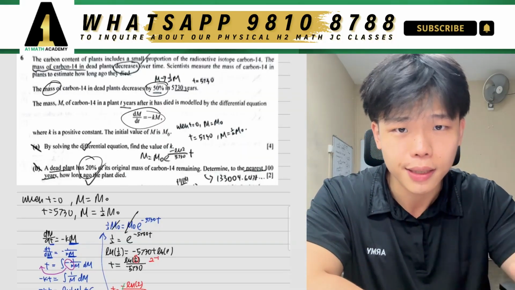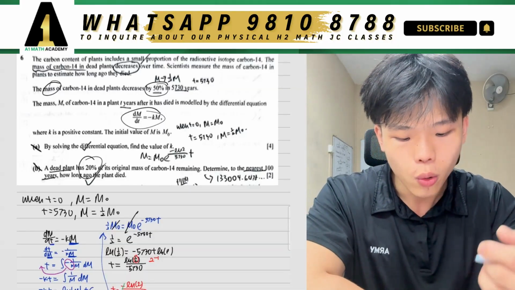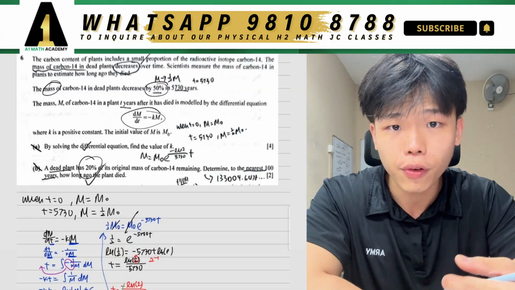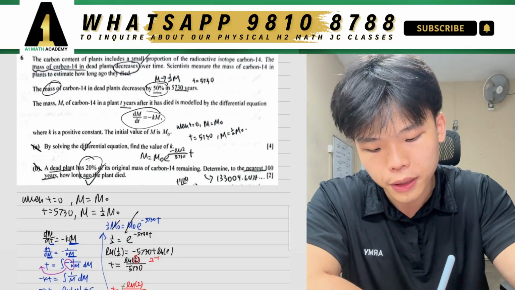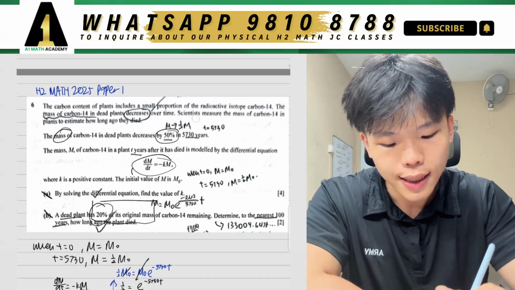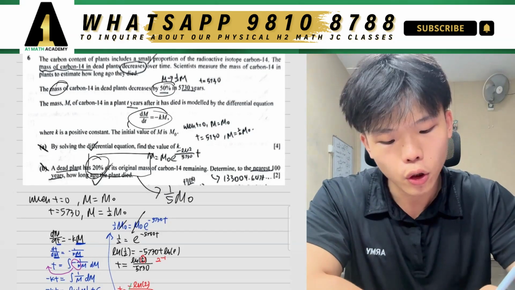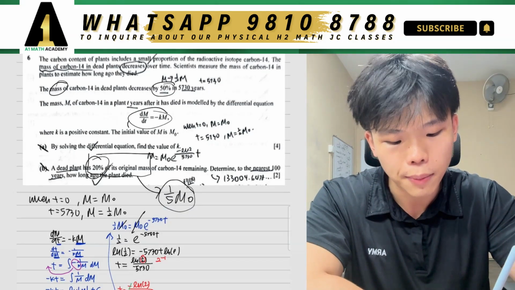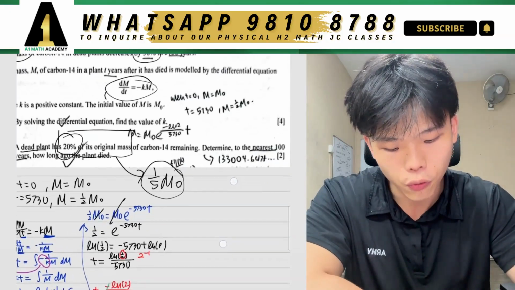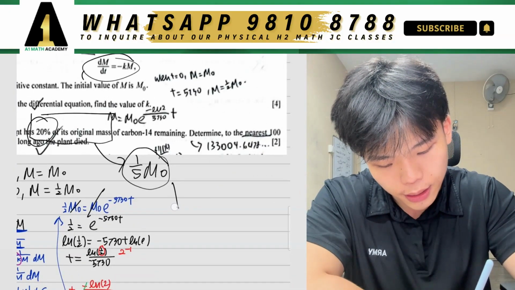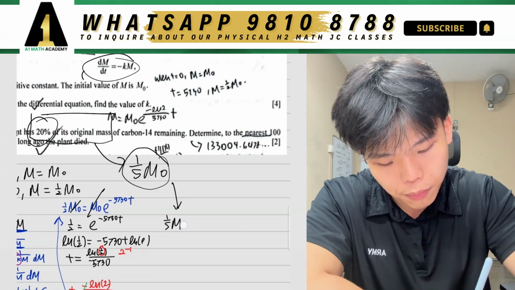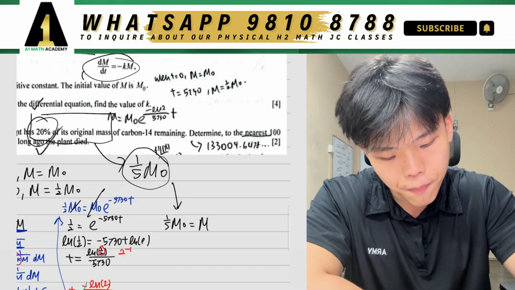Essentially they're asking what is the value of t when m is 1/5 of m0, because 20% of its original mass is essentially the same thing as 1/5 of m0. So all we need to do is just sub 1/5 m0 into the equation and then solve for t. So we can just sub this into the equation. We have 1/5 m0 is m